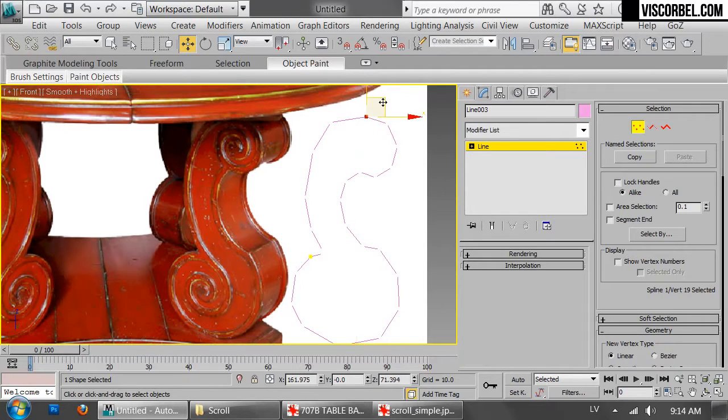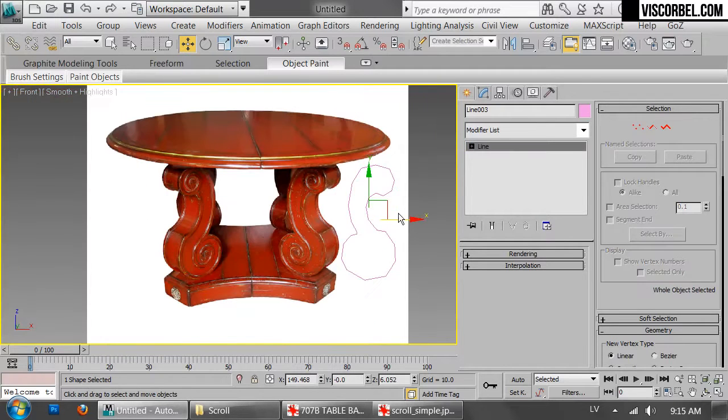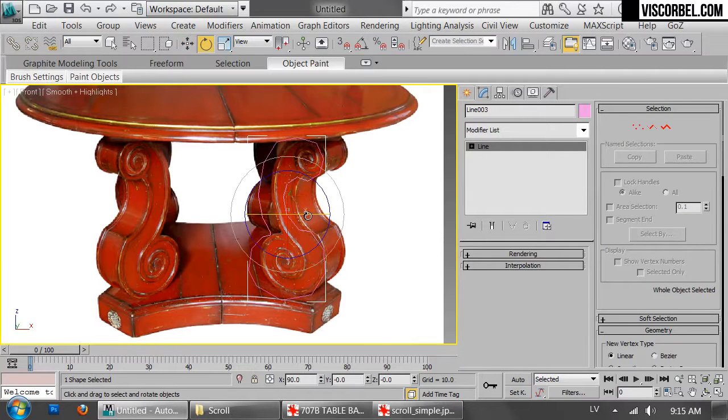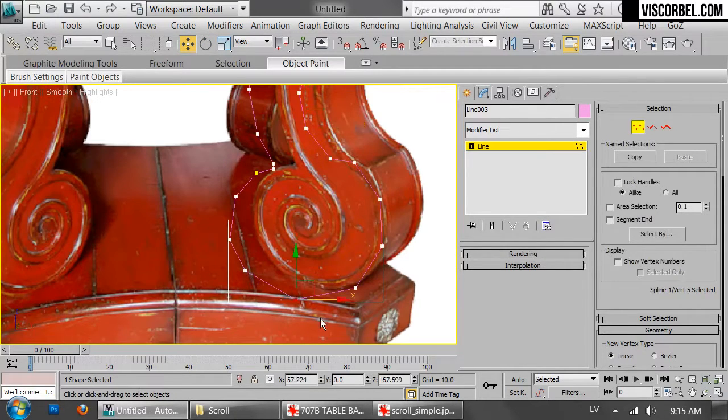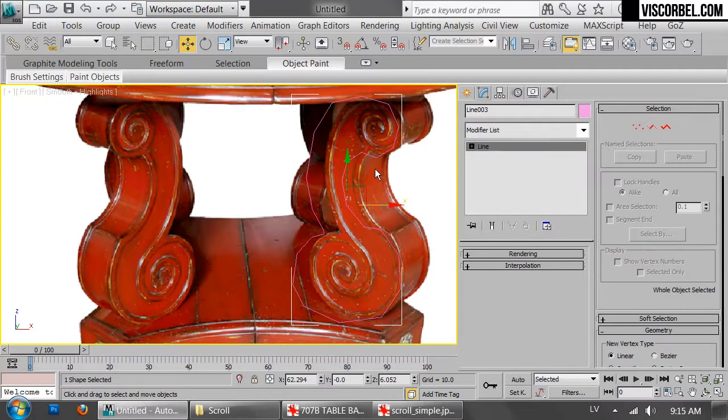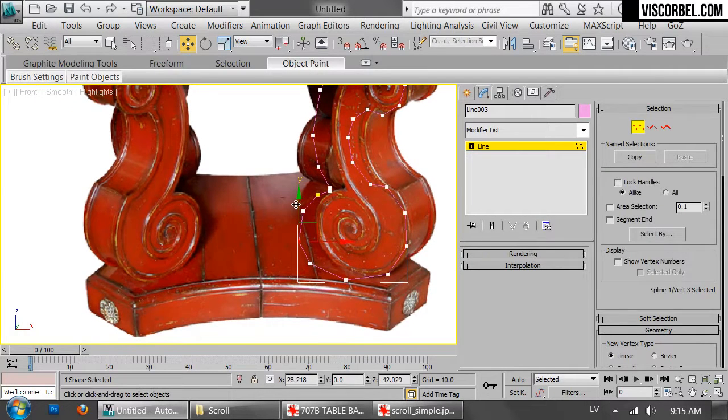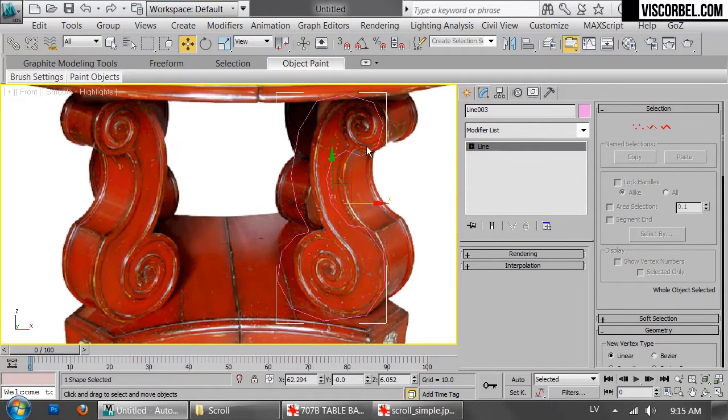Okay. Let's try to rotate it and see how it looks. Maybe let's flatten this part a bit. All right. And now when we have this rough shape prepared,